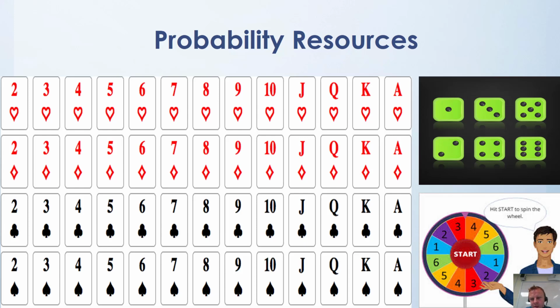Again, with a dice, and just remember the plural of dice is die. If you have just say 1 dice, there are 6 outcomes there, 1, 2, 3, 4, 5 or 6. And at the bottom right there you have what's called a spinner. If you look at the spinner, you have outcomes of a 1, a 2 and a 3 and so on. But these are some resources that you'll have to understand in order to completely grasp what